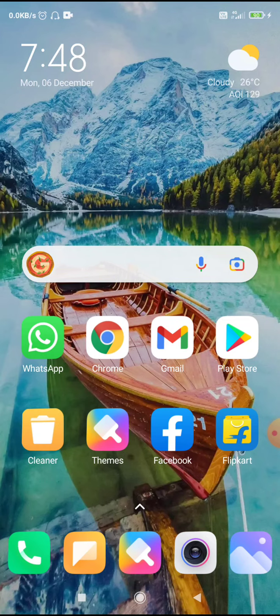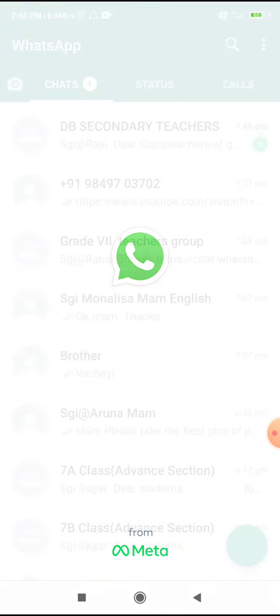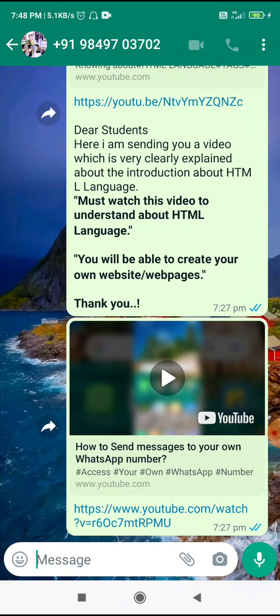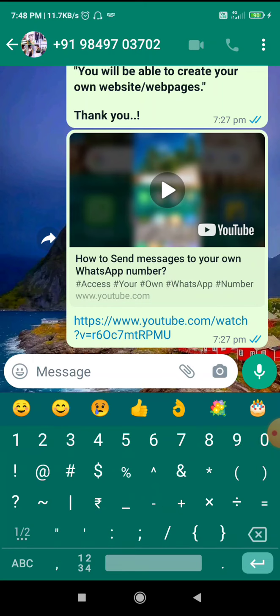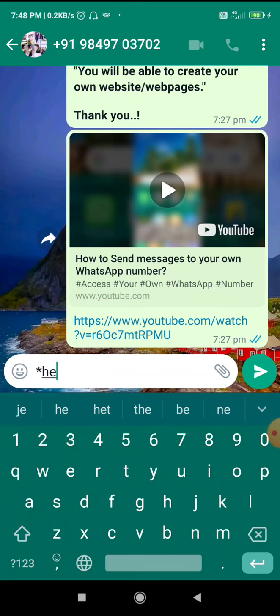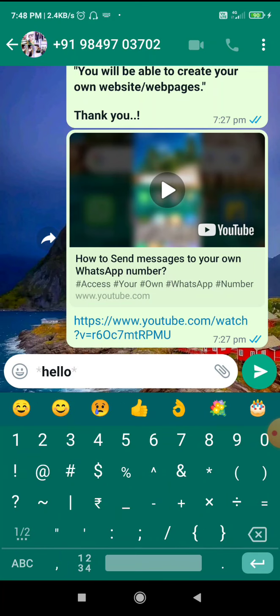First you need to open the WhatsApp application, and to whom you want to send, you can click on their contact. If you want to type bold text, you must use an asterisk, and the text whatever you want to type, you can type in between the asterisk symbols.